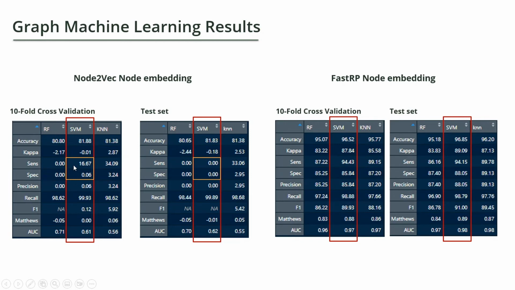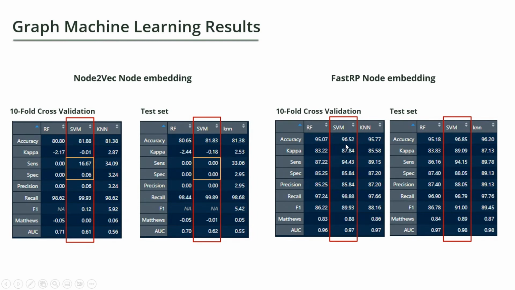Yet we can see that in both 10-fold cross-validation and the test set, the algorithms fail to predict the negative class at all, which is the drugs that cannot be used with a protein, while the sensitivity is still very low. When we perform the same pipeline with the fast-RP node embedding, we can see a 10% increase in our accuracy,